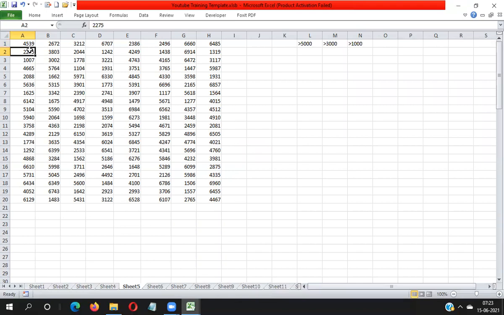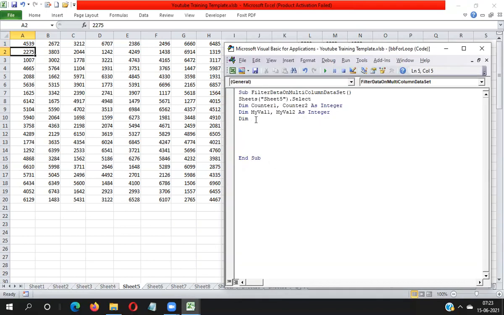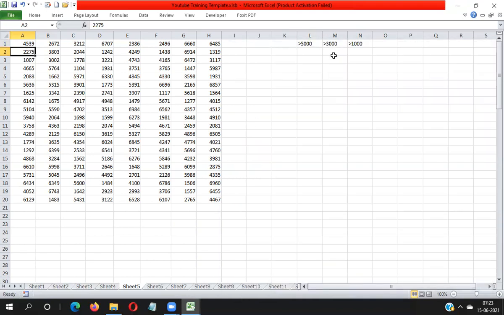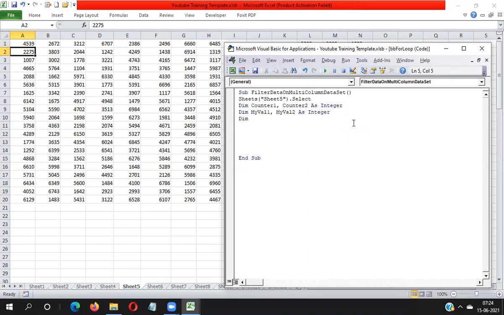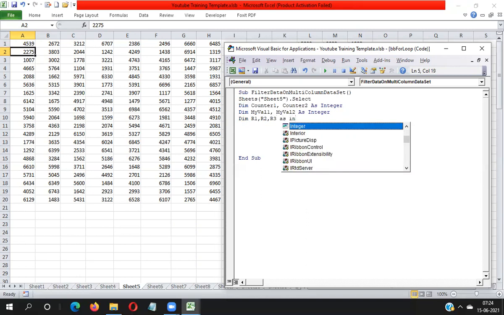Here I will declare three more variables to place my data and to create cell references. So here I'm declaring r1, r2, r3 as integer.